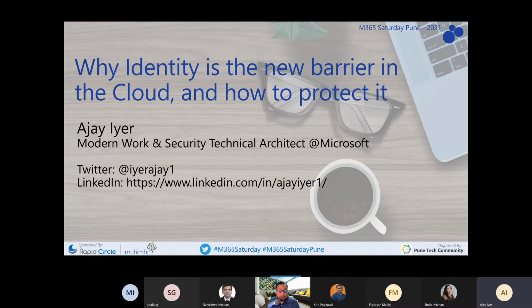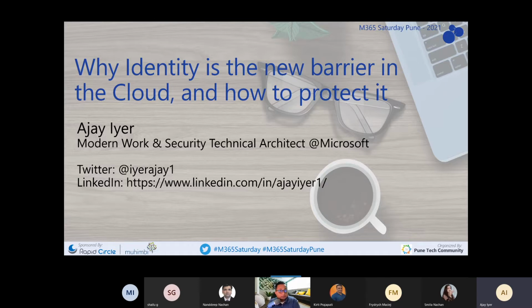So one of the things that I have been lately focusing on, and it's been a big part of my job lately, is that especially with COVID hitting everybody really hard and everybody forced to work from home, what can I do in order to allow my employees to work remotely, but more importantly, how do they work securely? And at the same time, any of the risks that typically come from working from home, how do I address those, right? So as more and more customers are moving towards the cloud from on-prem systems, cloud-based security controls,